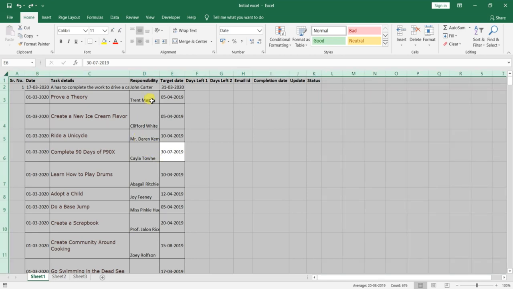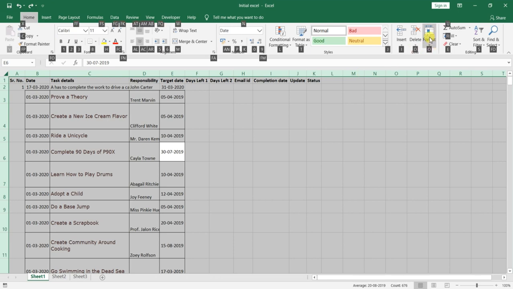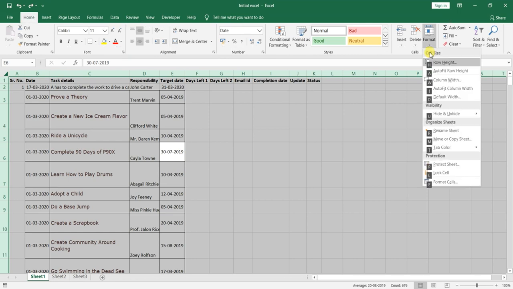Now you have to press the Alt key. Then you can see there are so many shortcuts available. Now you can see that Format is under the Home tab. You have to just press H, then it will show some small shortcuts again. You have to press O, right?